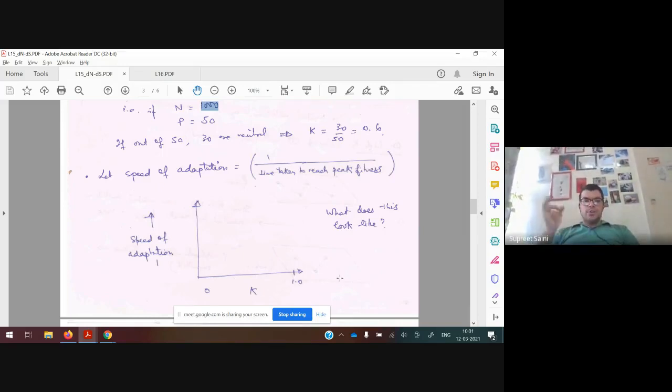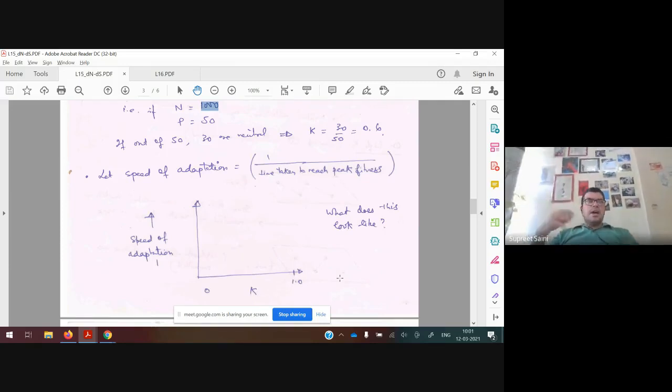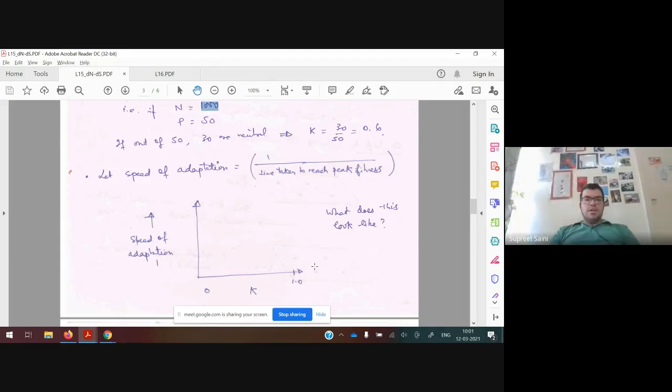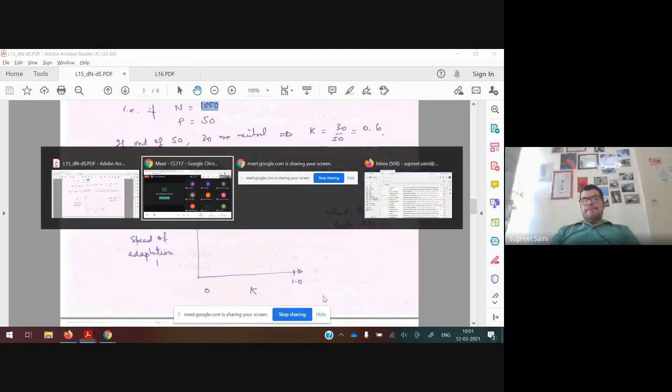And I want you to comment on two things. One, what is your critique of this? What do you think about this quantitative representation of evolution of a population? Are there glaring inconsistencies with how you view an evolutionary process of a population which are not captured by this model? Or are you fairly okay with how this was modeled? And second, what do you think this graph is going to look like? Comments.